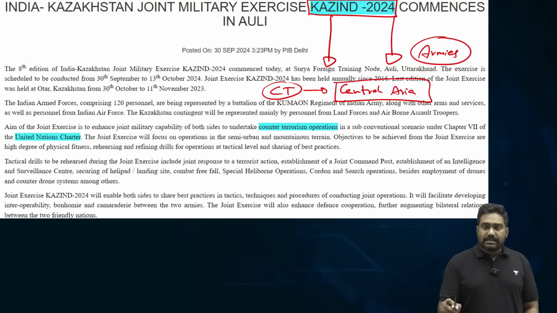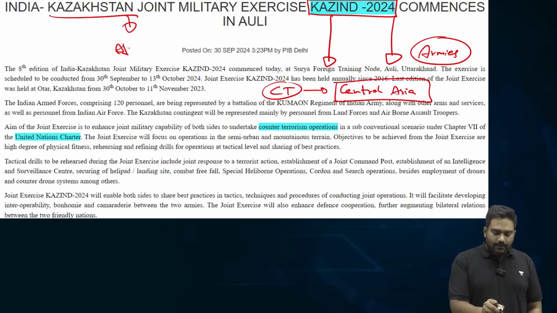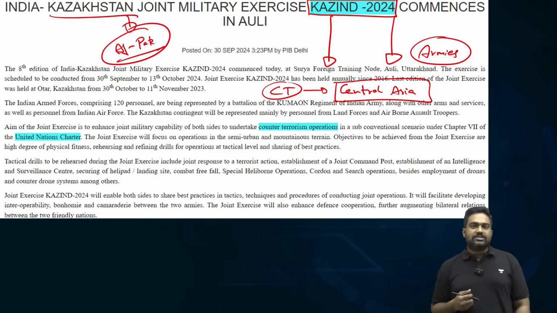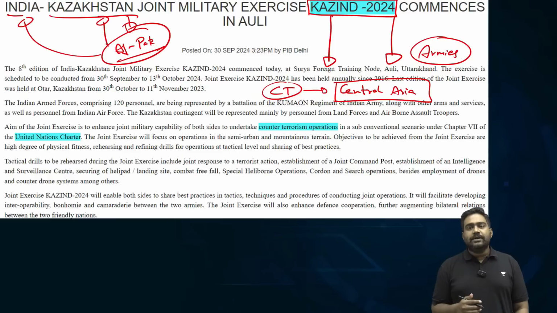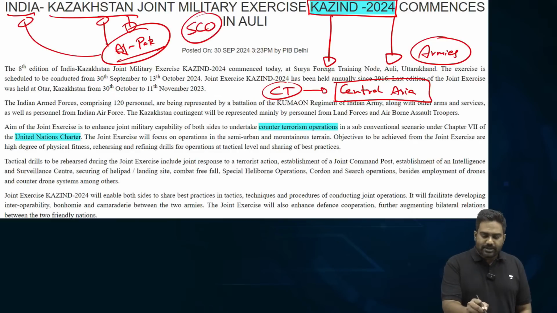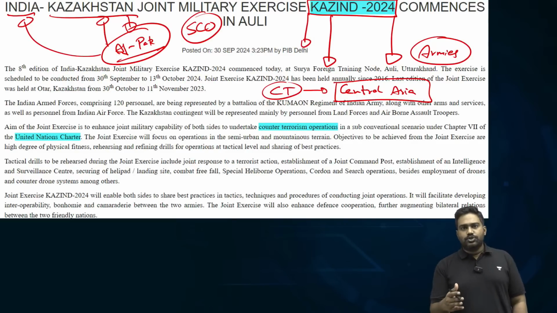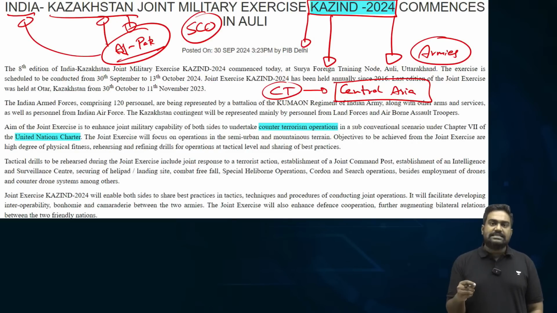Central Asian countries like Kazakhstan are concerned about the AFPAC region, which is a hotbed of extremist terrorist activities. Just like it affects India, it affects Kazakhstan and Central Asia as well. So we work very closely through groupings like SCO. We work together under the India Central Asia Summit, and bilaterally we have a joint army exercise called KazInd, which